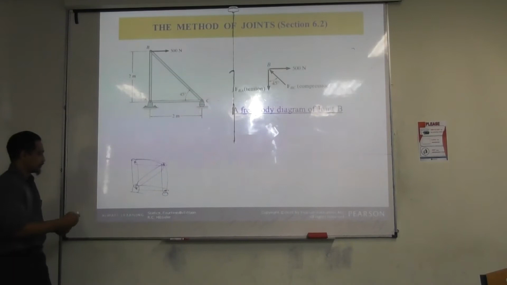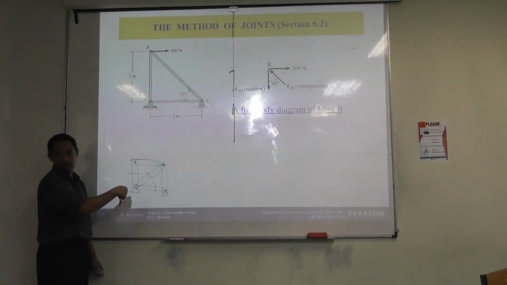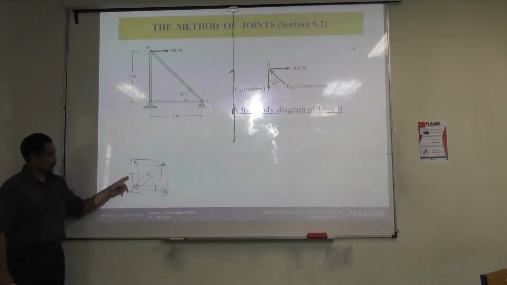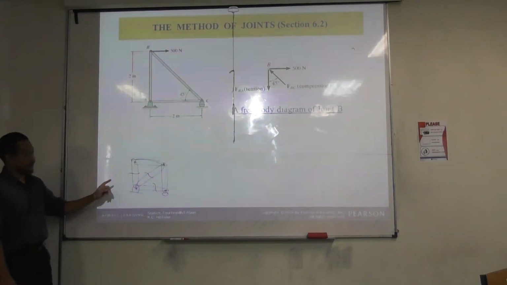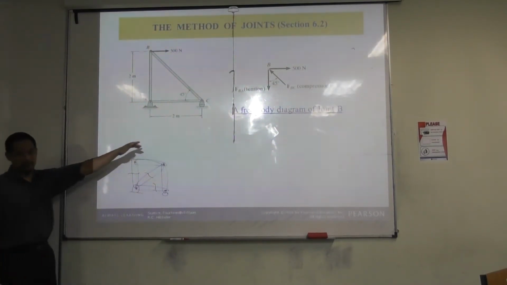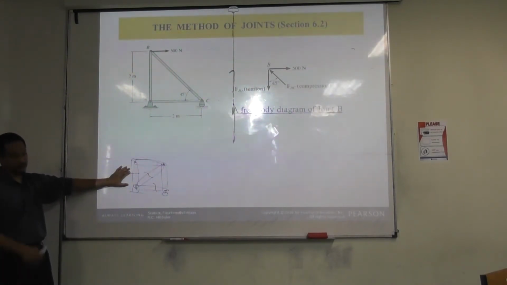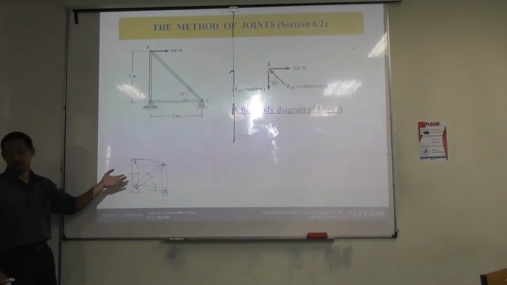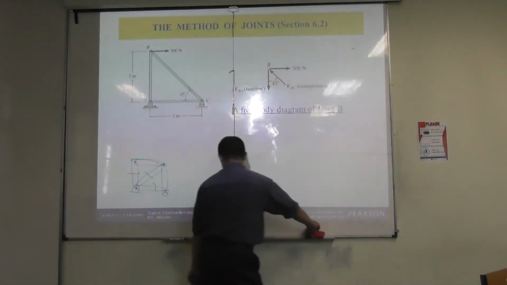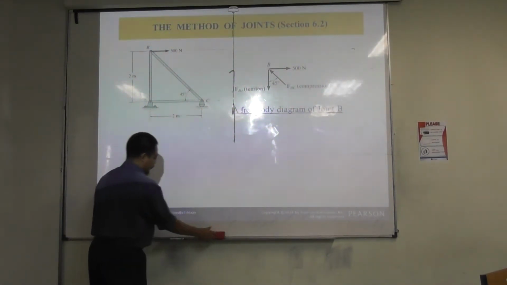Method of sections, basically you just cut off, this becomes one section. So you actually cut off the member. So the way you analyze this one will be totally different, right? The one that is easy is that one, right? But for those who are from mechanical, you have to know this one also, because for some structures later on you have to know how to do this one anyway, because not everything can be solved with this one when we deal with real complex structures later on. But anyway, for statics first,